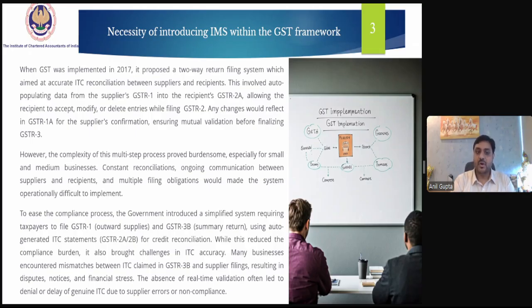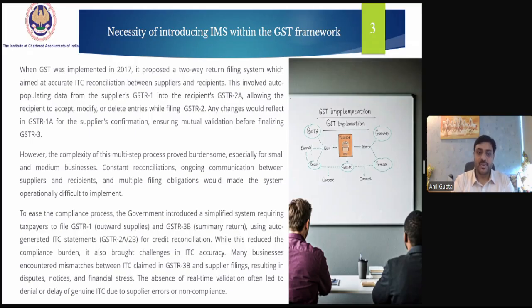However, the complexities of this multi-step process proved burdensome, especially for small and medium businesses. Constant reconciliations, ongoing communication between suppliers and recipients, and multiple filing obligations made the system operationally difficult to implement.